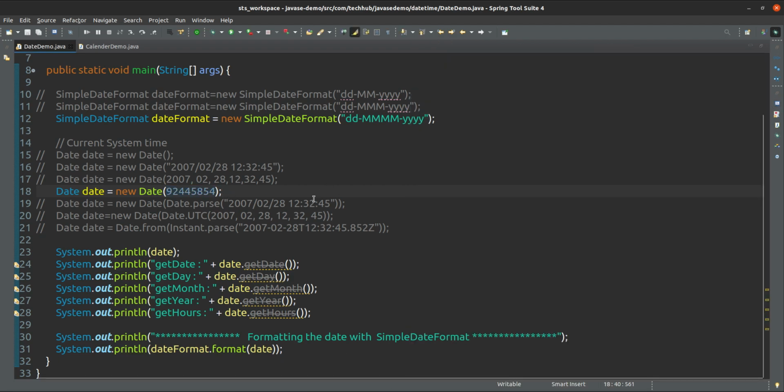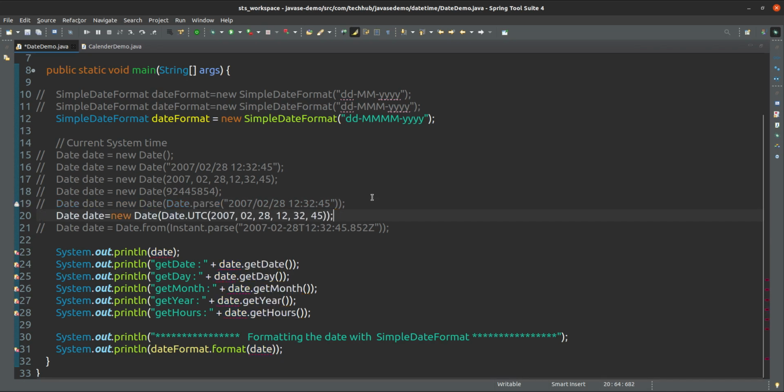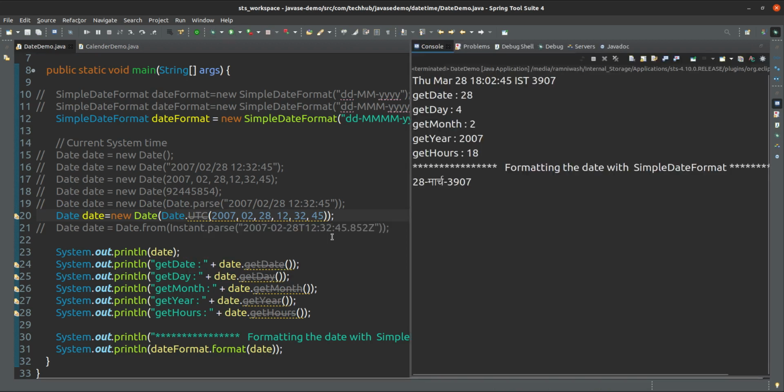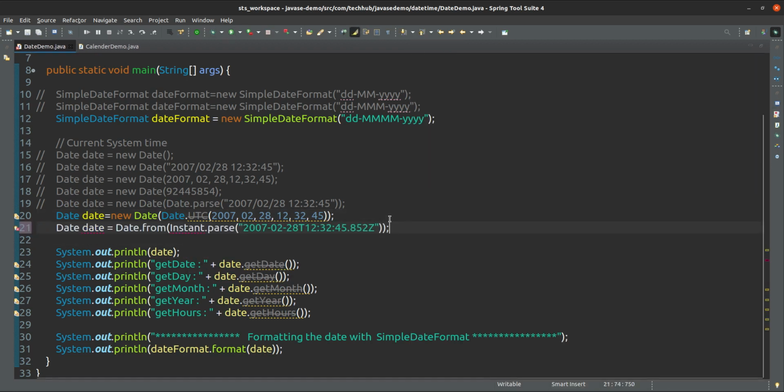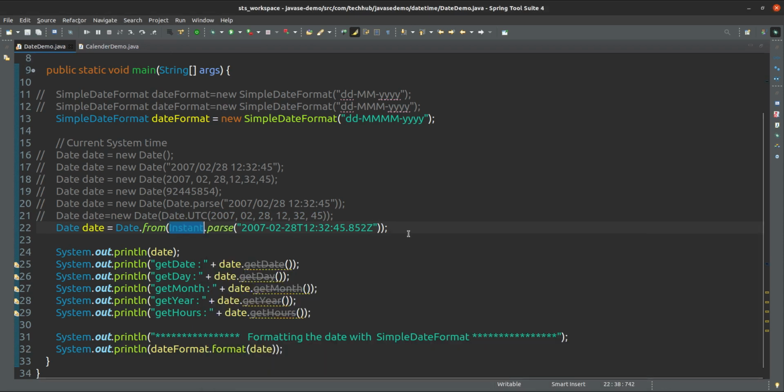Okay, and here this one is also available. This one is not deprecated, but here this parse is deprecated again. You can use it in this way also, but that parse method is also deprecated here. Or else if you wanted to use it in this way also, that method is also deprecated. We should not use it, because in Java 8 they have given some specific APIs. They have given. Yeah, this is not deprecated, that you can use.